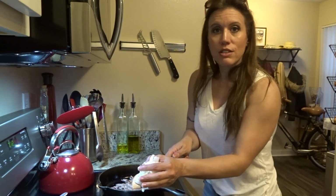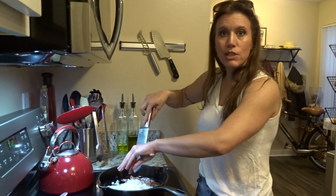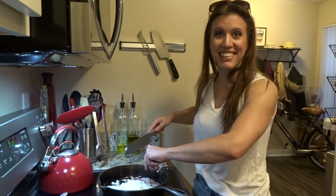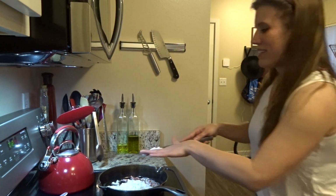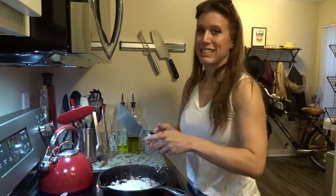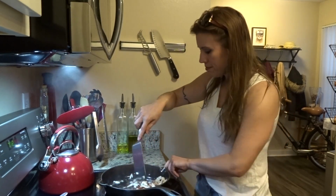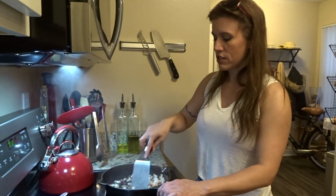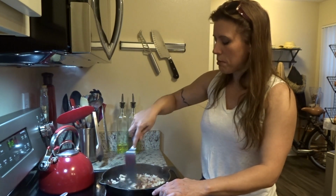Okay, once the bacon is all nice and browned, add your onion, just right in with the bacon grease and everything, because we're going to add the beans to it. It's going to be delightful. Once you add the onion with this bacon, the smell is so good. It's so good. And adding it with the bacon grease in here,